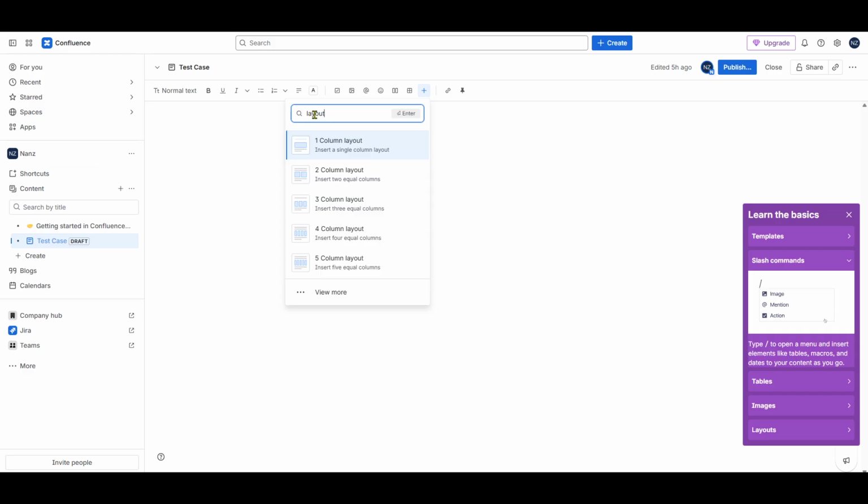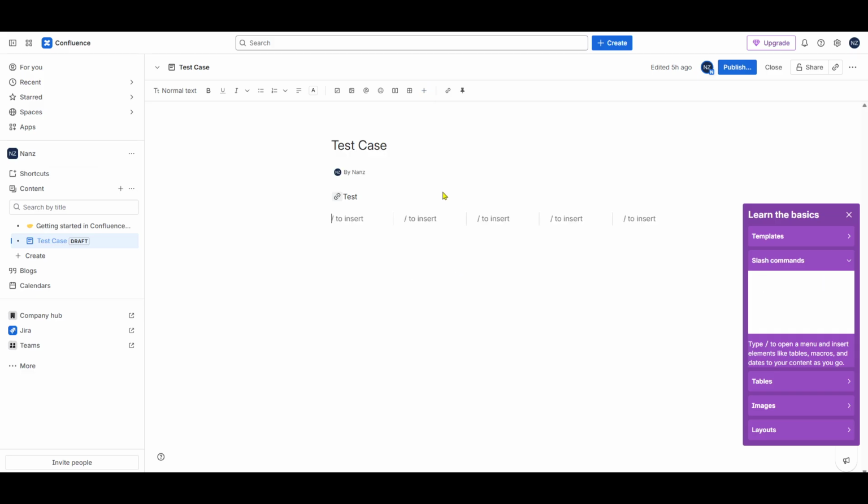For the purpose of organizing your content into tabs, we will use the column layout option. Selecting this layout will split your page into columns, which is great for creating visually distinct sections. You might have options for 2 or 3 columns. Choose the one that best fits how you want to organize your tabs.